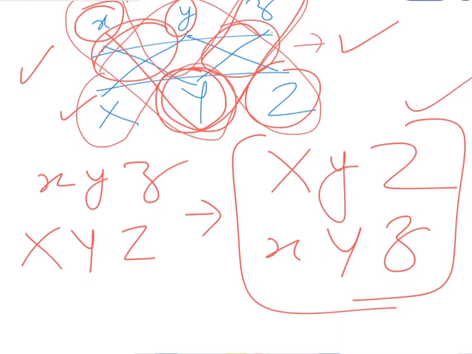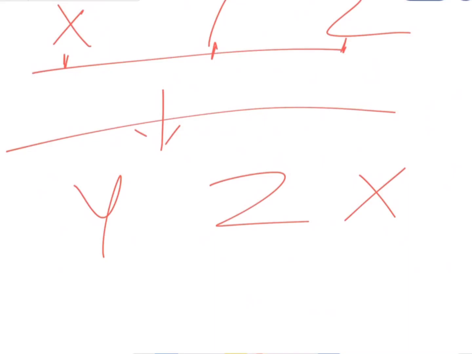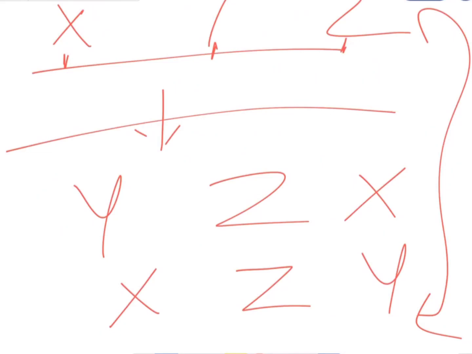Now let's talk about why the three-point test cross is important. Because it helps in determining the gene order or gene sequence present in the chromosome. Here is a chromosome. What is the correct order of the genes? Suppose this is X, Y, Z. It might be Y, Z, X or X, Z, Y. What is the correct gene order in the chromosome? To know this gene order, we use the three-point test cross analysis.